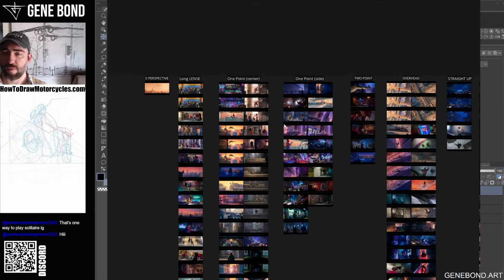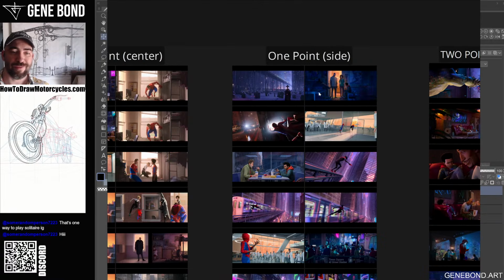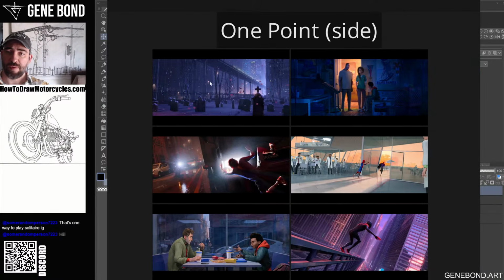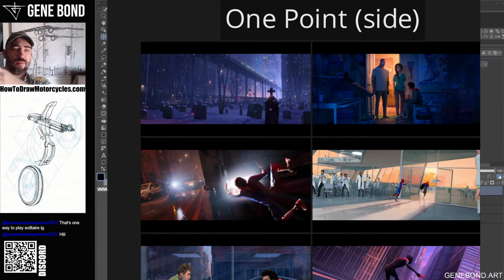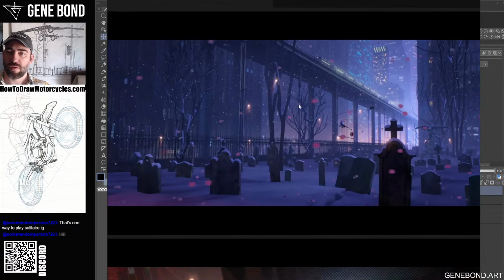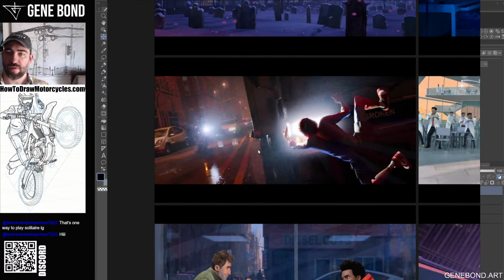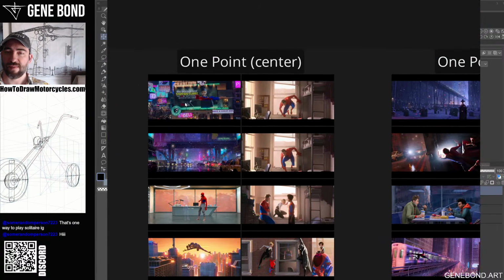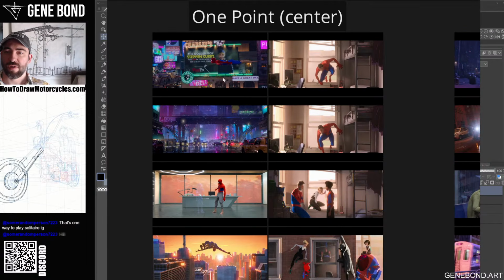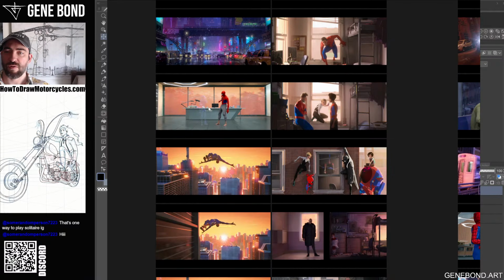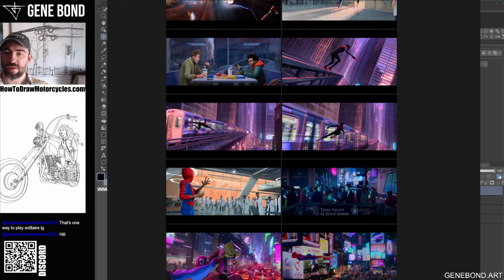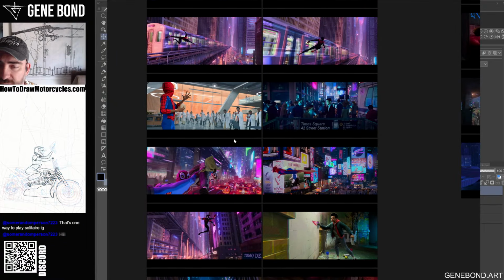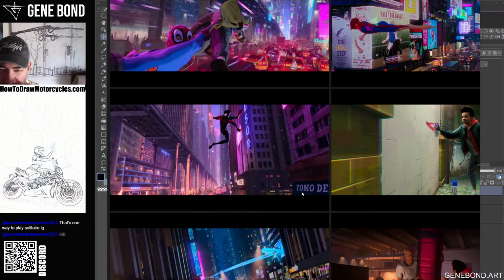So it's a lot of 1 point perspective shots, and then there's even a variation of this: 1 point perspective with the vanishing point not in the center but on the side. So it's still kind of 1 point, but we have shifted the vanishing point off the center. If this one is a Kubrick type of perspective, with the vanishing point in the center, here we have it moved to the side, and then we also see that when they move the vanishing point to the side,